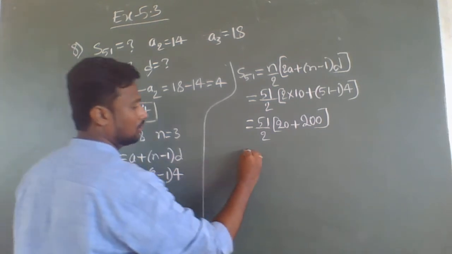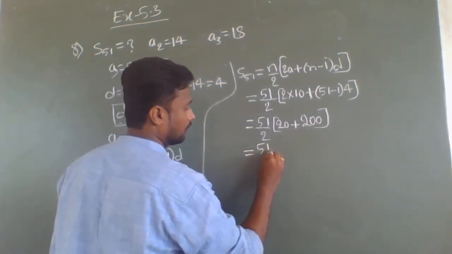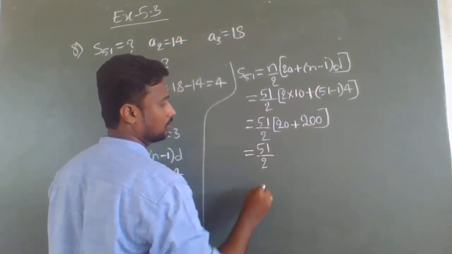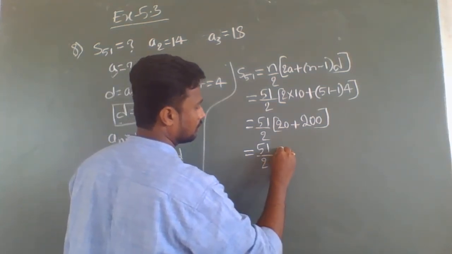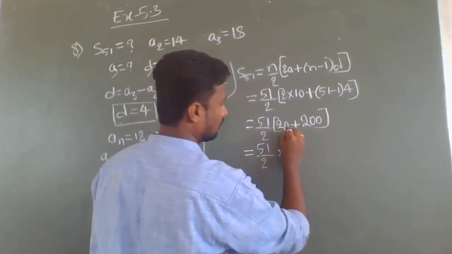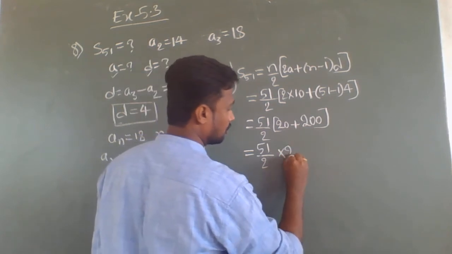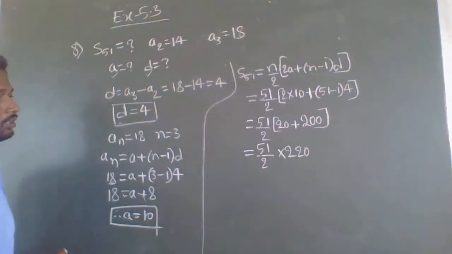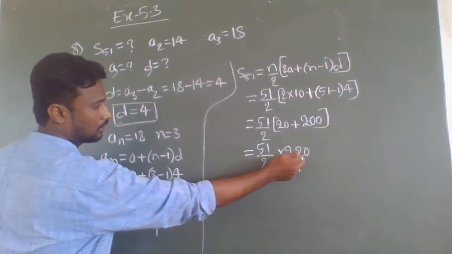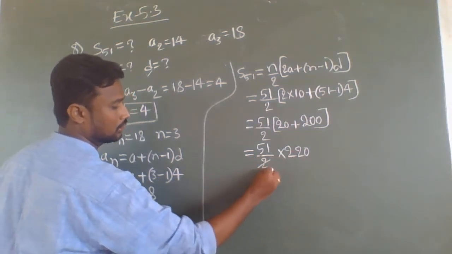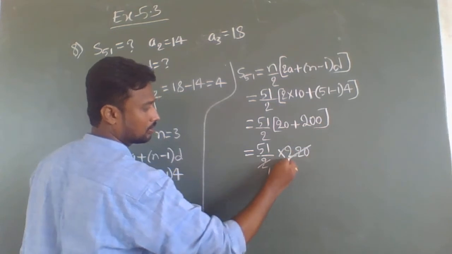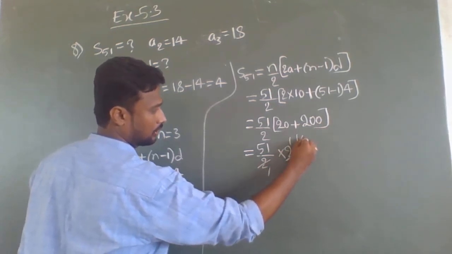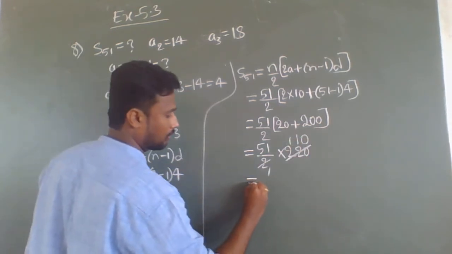So now next step, 51 divided by 2 into 20 plus 200 means 220. Okay. So now I will divide this 220 by 2. So here 2 ones are 2, 2 ones are 2, and 0. So now I have to calculate